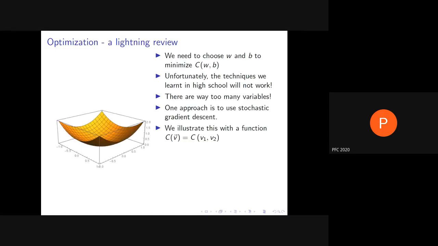And for this, despite the fact that we said that ordinary calculus will not work because we have too many variables, to understand this, we come back to a small number of variables. Let's just say 2. Suppose we have a function C of 2 variables v1 and v2, and I've graphed such a function here. You can all see that there is a minimum sitting here. And for 2 variables, it's sort of straightforward. You'd calculate del C del v1, del C del v2, you get 2 functions of v1, v2, you equate them both to 0 and so on.